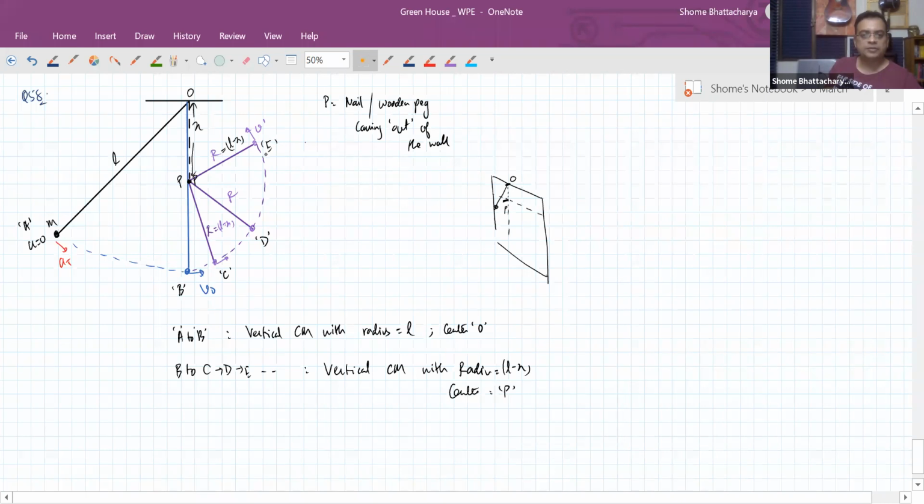Now actually the diagram I've shown is wrong, because if it's starting from rest over here, it can never reach a position like this. It'll only reach a position on the other side where the height is the same. So it will stop at the position D. Okay. So the first part of the question,